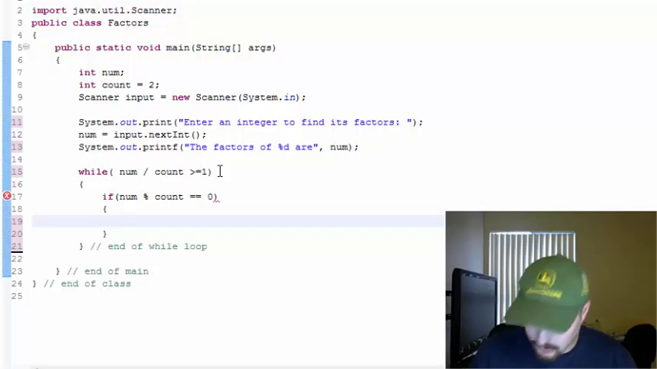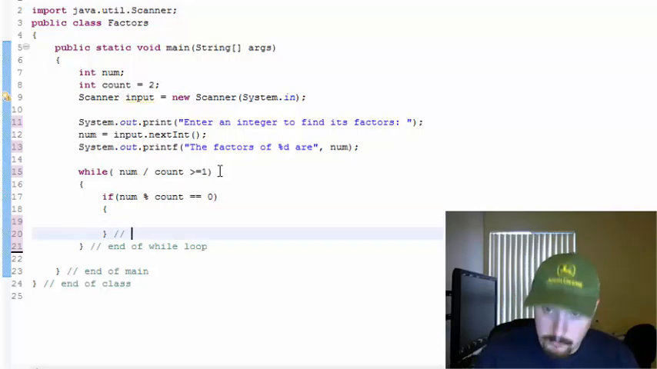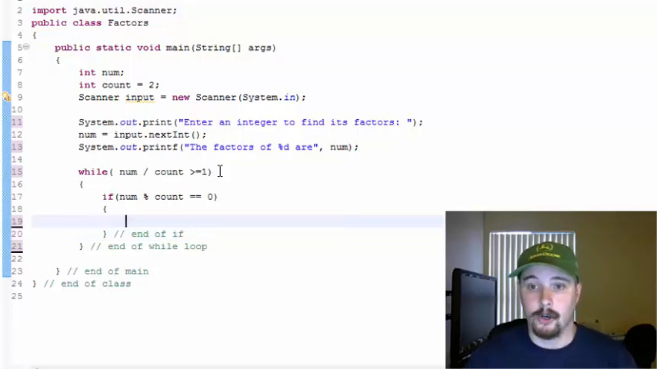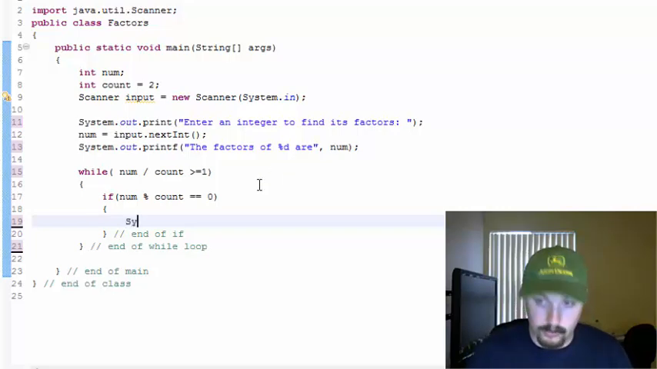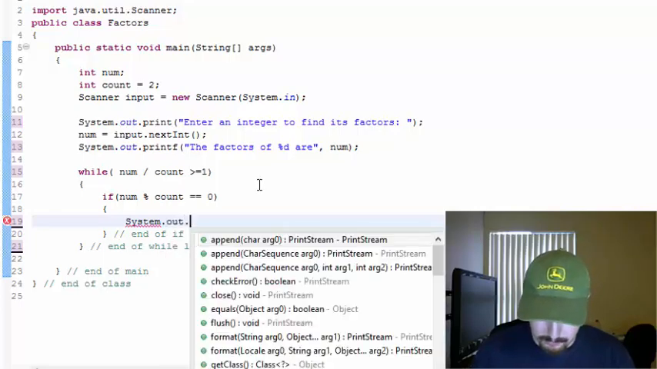Let's go ahead and put the brackets. So, what do we do when it's divisible by that number? Well, we got to actually print it to the screen. Because remember, we're still on this line right here. So since we're still on that line, we're going to print just a space after that. So we're going to do system.out.print